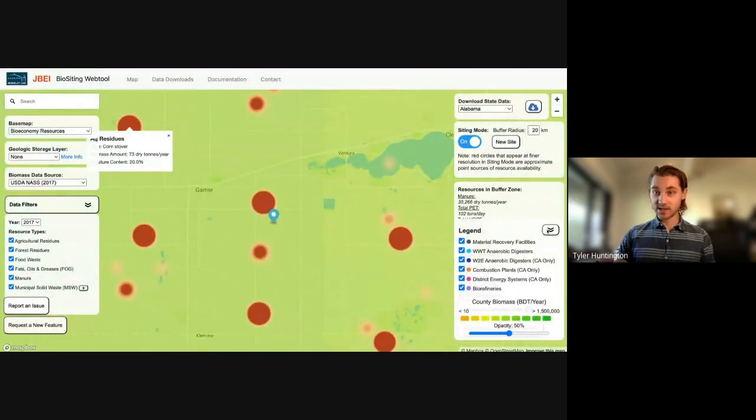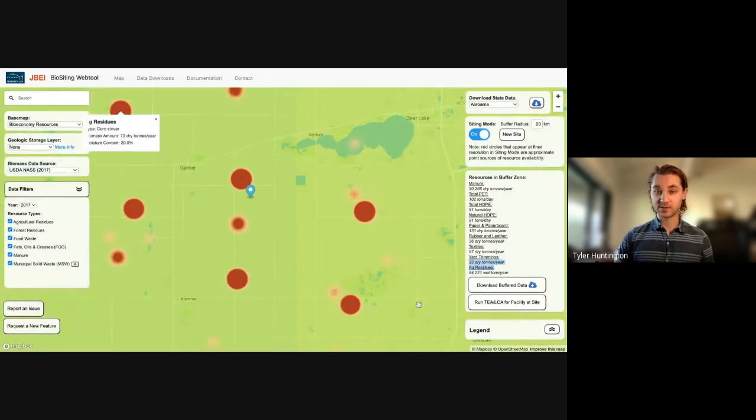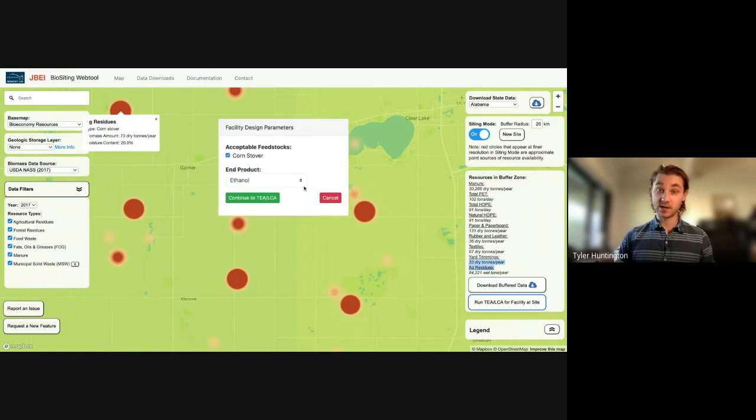And then taking this sort of scenario analysis one step further, you can run a technoeconomic analysis for this facility, and then following up on that a life cycle assessment to see what those CapEx, OpEx, and environmental impacts of that site might look like. So we have a series of built-in examples of products that you might select from for producing at a given location. And then going to our TEA LCA tool, which can also be accessed from that homepage I started from,